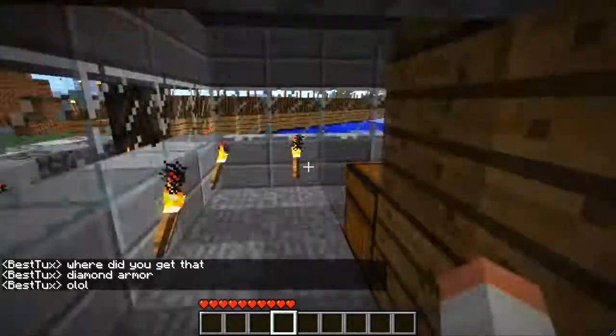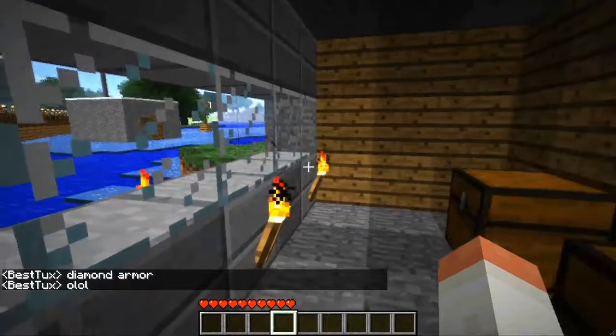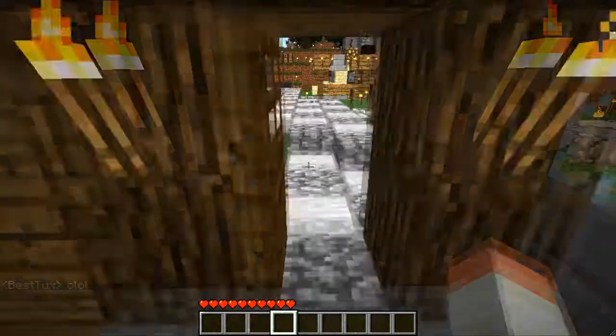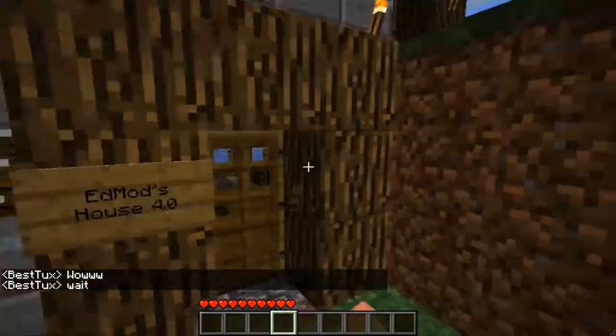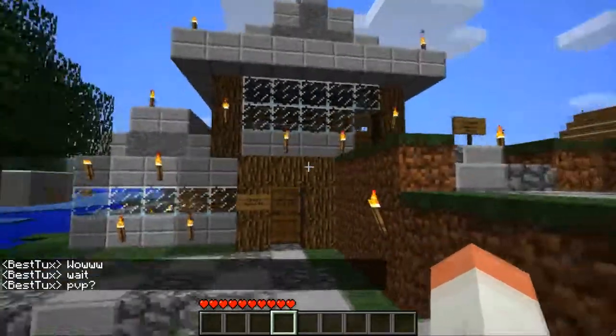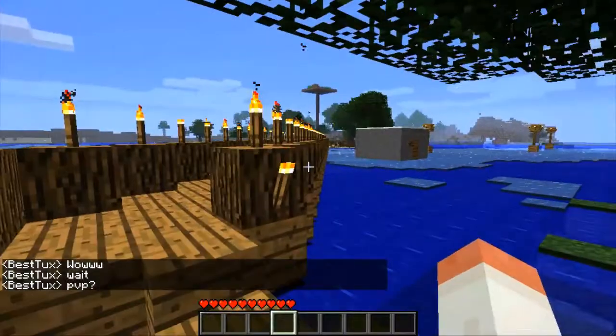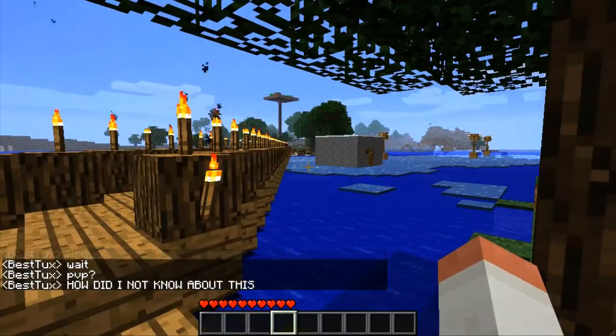I think the house has gotten to a point where it looks good. It's a good, well-designed house, and I'm happy to see that. I like how it's built on multiple levels. That's creative. We will not go over here because there's really not that much to see in this direction, except